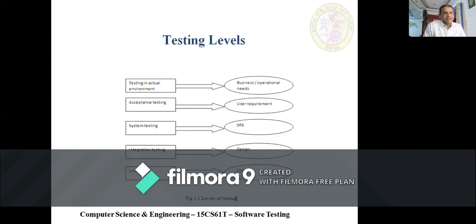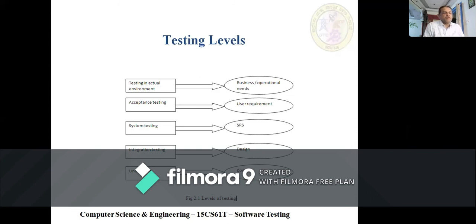Yes. Next, testing levels. Somebody else. What are the different types of testing levels? Testing in actual environment, acceptance testing, system testing, integration testing, and unit testing. Where do we do each?